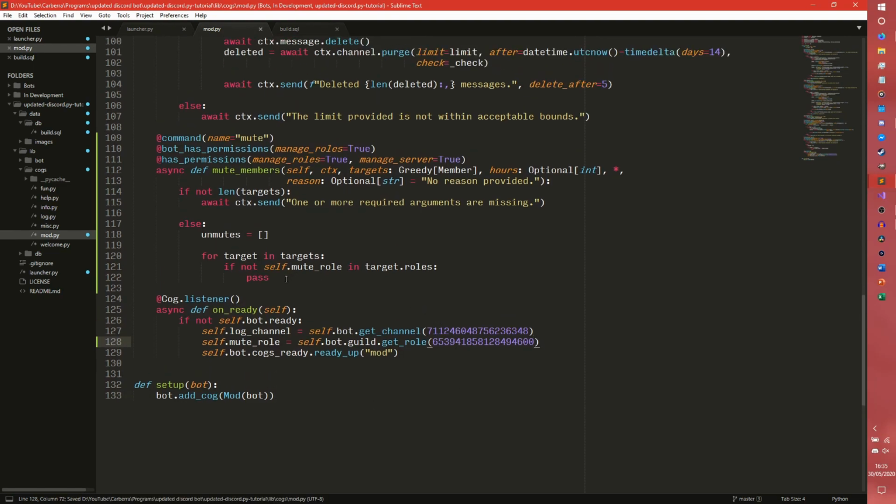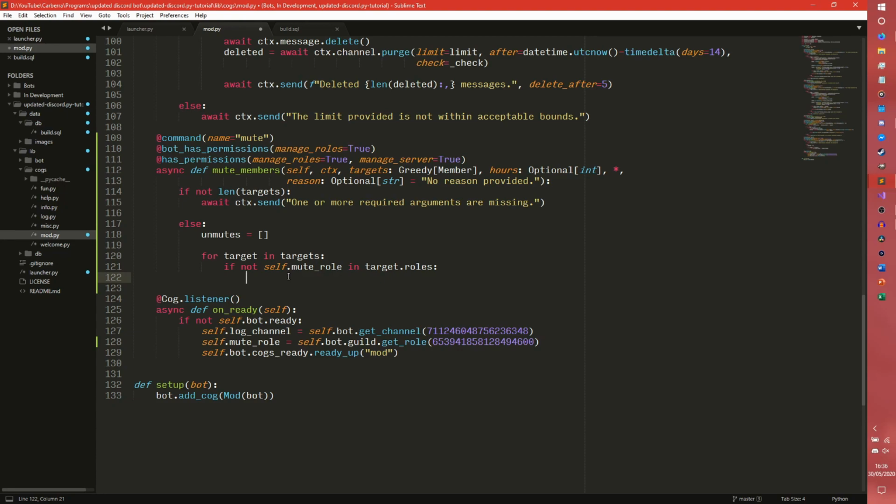So now we have our mute role that will be given to the member when they're actually muted. Of course you'll need to set the permissions up and everything, but we're not going to talk about that in this. We're just going to talk about the actual thing. Ideally you would want either severely restricted access or read-only access to stuff. But yeah, next thing we need to do is check